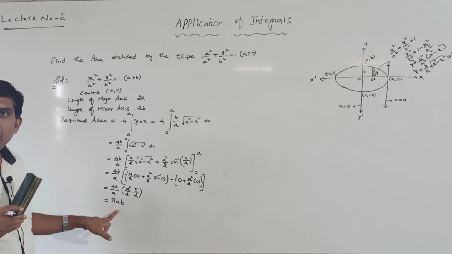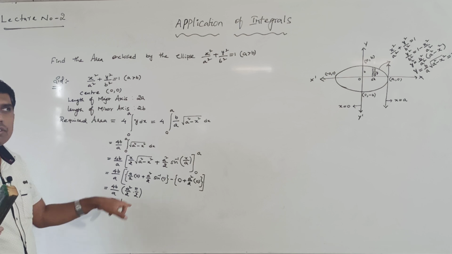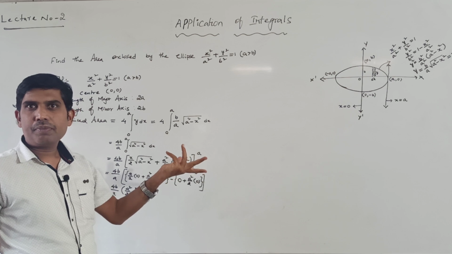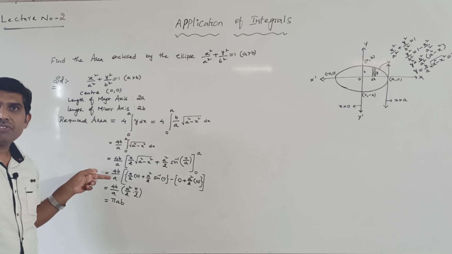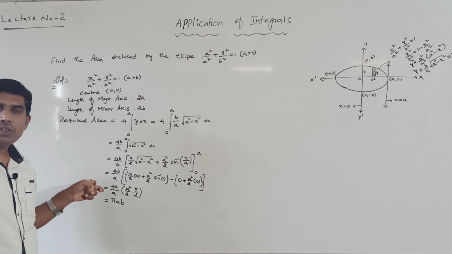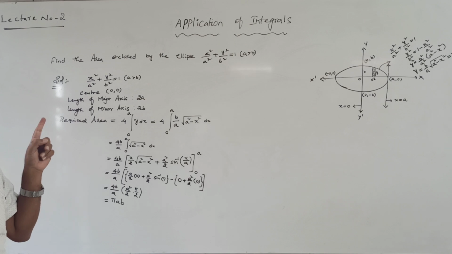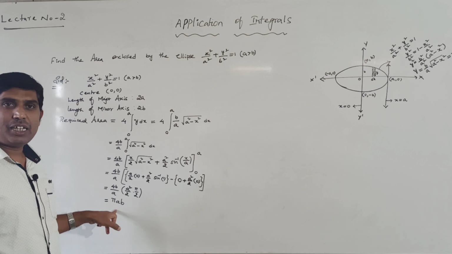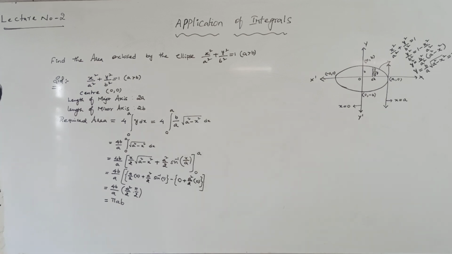So what is the area of ellipse formula? Nothing but pi a b. You can easily remember. The a value and b value we will get from the equation. So pi a b. Important one. It is also important from a subjective point of view, a 5 marks question. So the area enclosed by the ellipse x square by a square plus y square by b square is equal to 1 is nothing but pi a b. Understood, students? Right.